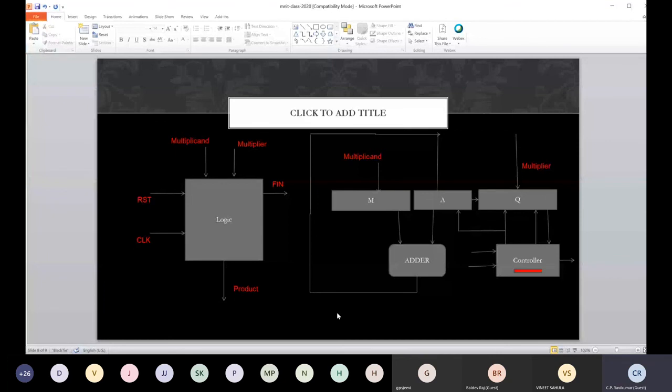Will it work for fixed point? I think so, right? Instead of integers, suppose I was using fixed point representation, and I was trying to do the multiplication of fixed point numbers, real numbers. Then will this work? We don't know that, right? So we'll have to verify whether this will work. So the designer will go ahead and design this, and who knows, in that algorithm there could be a problem.